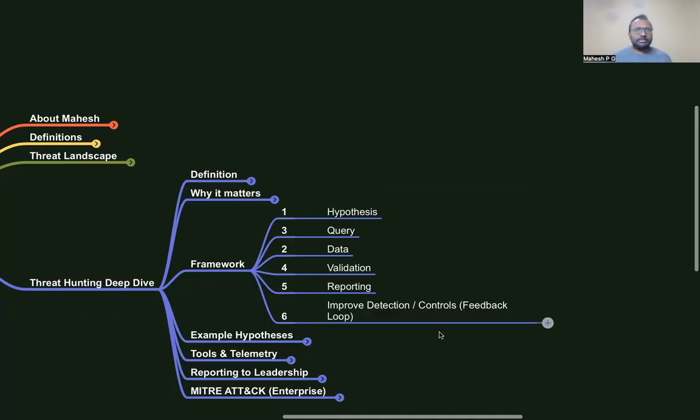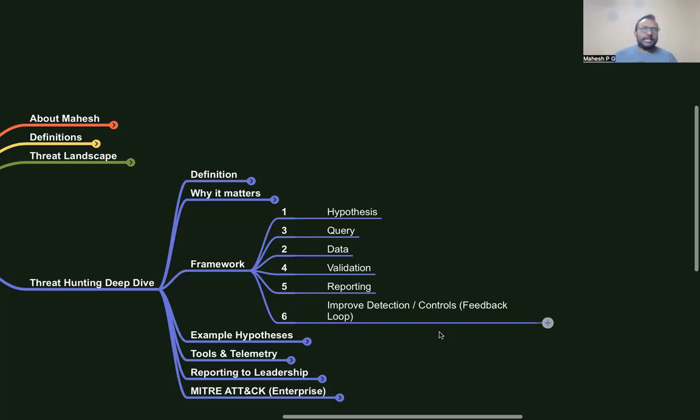What is a hypothesis? This is very much hypothesis driven, which is why we are not reacting to something that is going to happen, or to a certain alert or incident we have in hand. Here we are always working on certain hypotheses, like a ransomware attack maybe in my infrastructure. What can be there? What are the behaviors? How the lateral movement may happen, right? How the files can get encrypted. So we will create a certain level of hypothesis. Sometimes that hypothesis may fail, then we have to go back to the table, bring in another hypothesis and start the threat hunting.